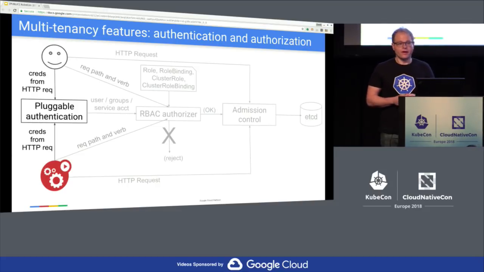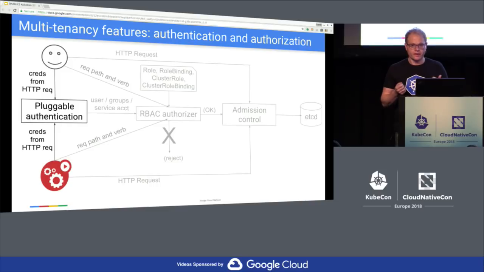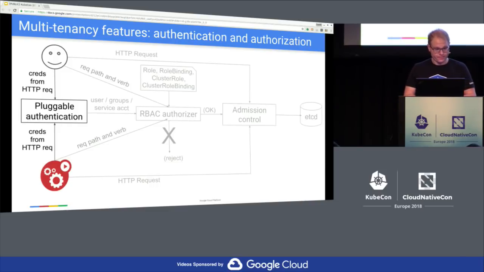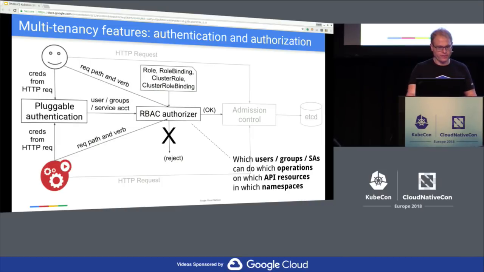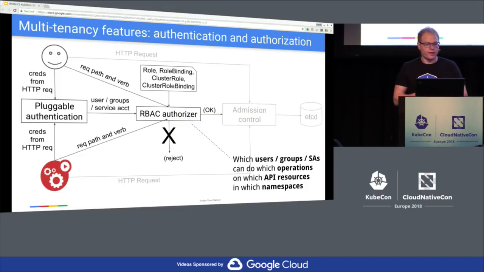And the idea is that the authenticator takes the credentials and maps them to a user or service account and possibly a group or set of groups. And Kubernetes has a variety of pluggable authenticators, including a webhook authenticator that allows you to write your own custom authenticator. And so then the information that's returned by the authenticator is used as input for applying the RBAC authorization